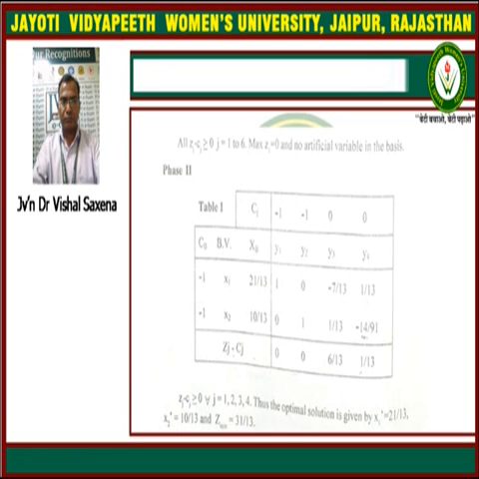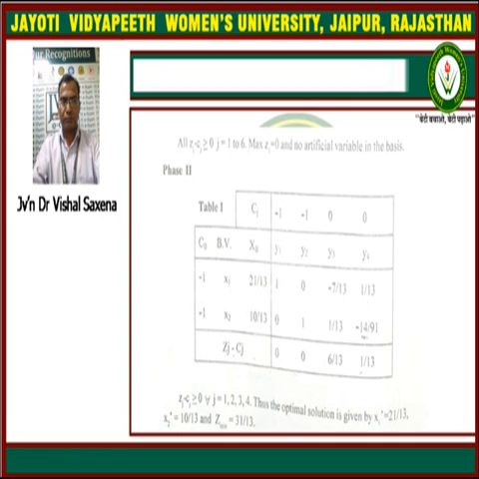In this way, again the same way to solve the problem by the simplex method, and Zj minus Cj are calculated here. The same way is used to calculate Zj. Zj means CB into Yj, and Cj is given at the top. So we calculate Zj minus Cj. It is given here as 0, 0, 6 upon 13 and 1 upon 13. Since all Zj minus Cj are greater than or equal to 0, therefore